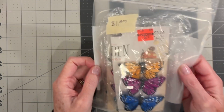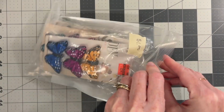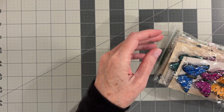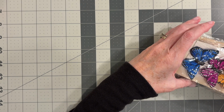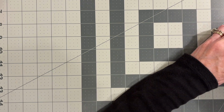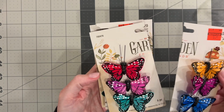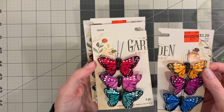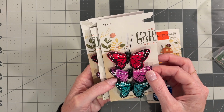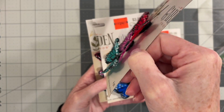This bag was $1, and I got it for the butterflies, but let's see what else is in here. I think this is the Hobby Lobby brand butterflies. Yep, and they're not even used. So looks like somebody got them on clearance and then didn't use them. But I've always wanted to use these to put on a journal cover at some point. They will not go inside of one, obviously, because they're very puffy. Like the little butterfly body is big, but